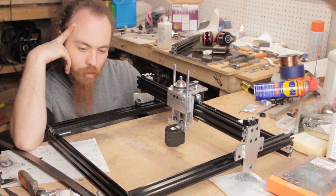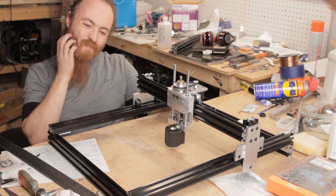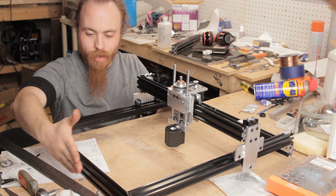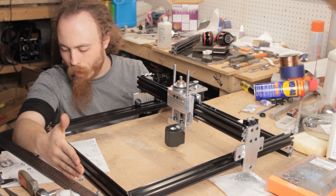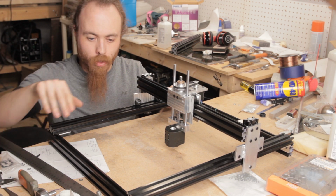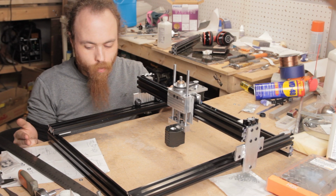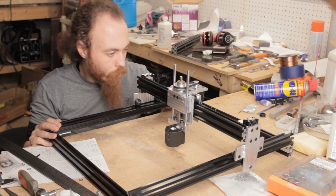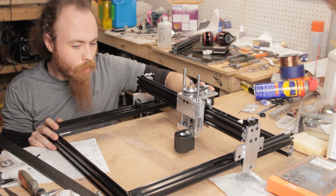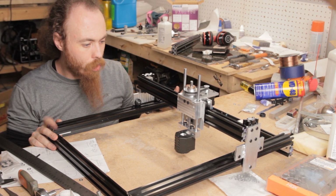The only realistic option is to bring this out 2 inches, which means I would need an entirely different way of connecting these together, because obviously the y-axis rails are not 2 inches longer than they actually are. So it's a bit of a puzzle. I'm gonna have to think about that and see if I can come up with a